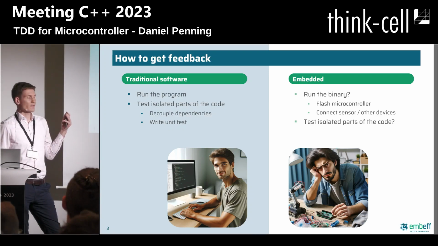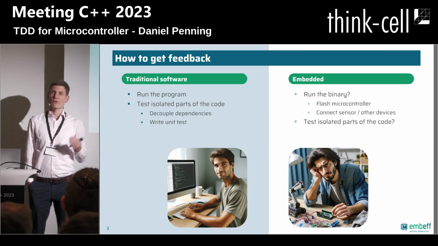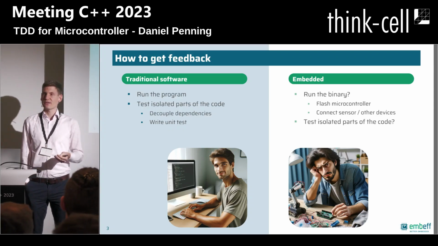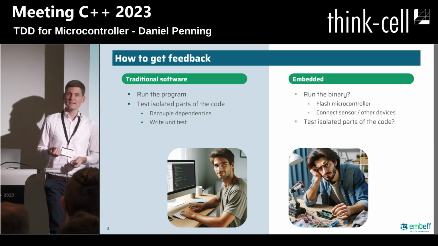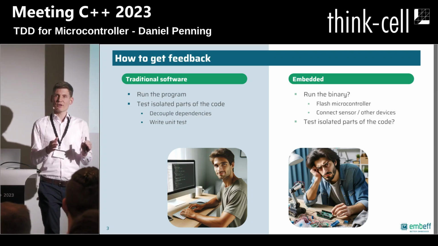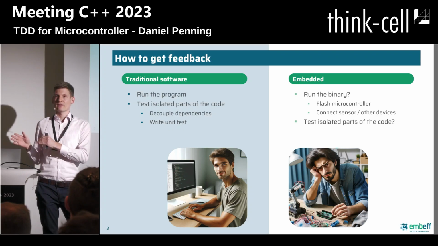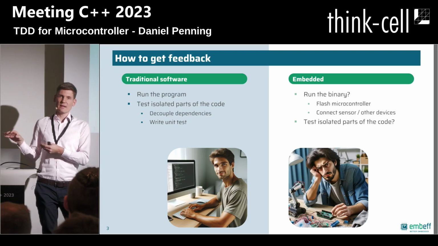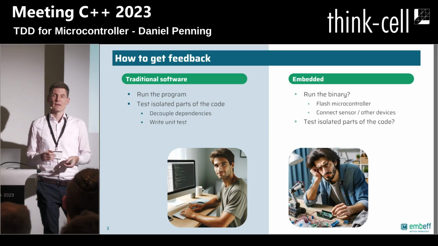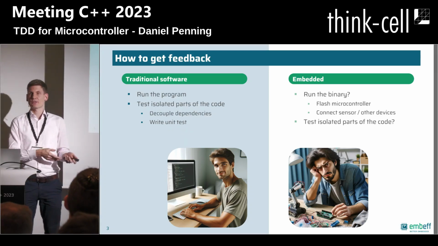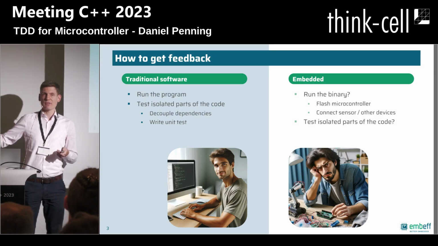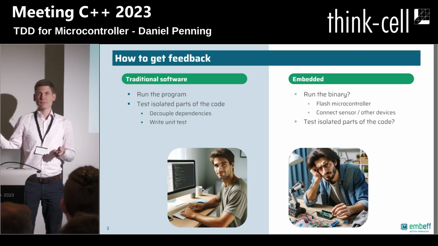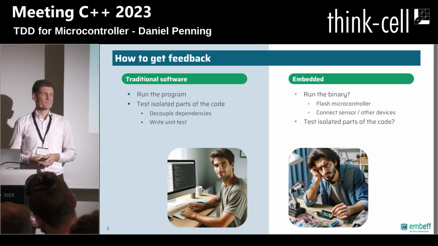In traditional programming, we got unit testing to test isolated parts of the code. And this is really the core of TDD, write good unit tests. The key of unit tests is that they focus on some parts of the code and basically can ignore the rest. You abstract away all dependencies, and then you can focus on a single part. For example, if your application has a dependency on a database, you abstract away the database, insert a mock or something, and then you test against this abstraction. And you can focus on your code.